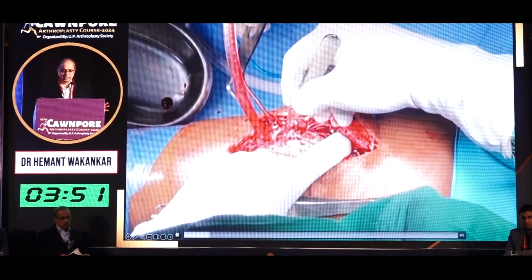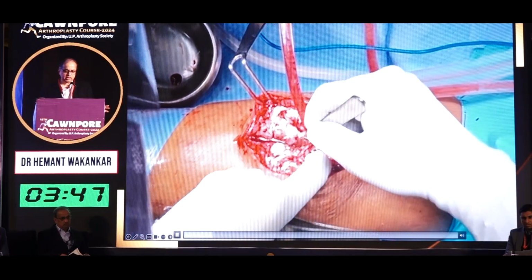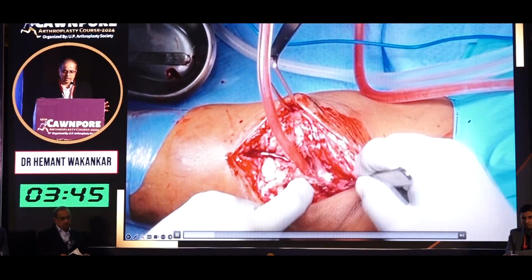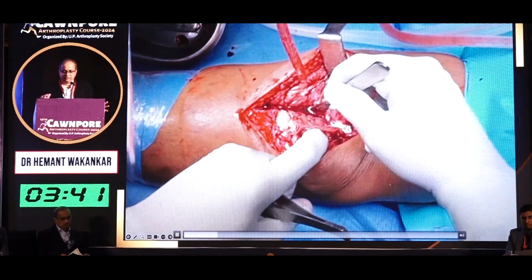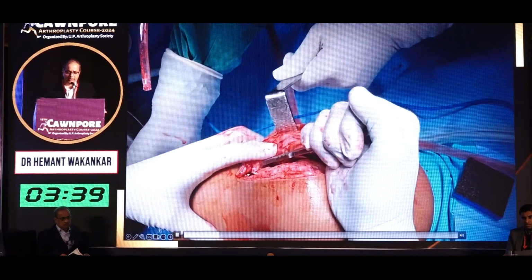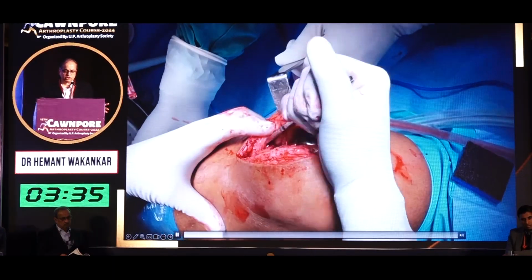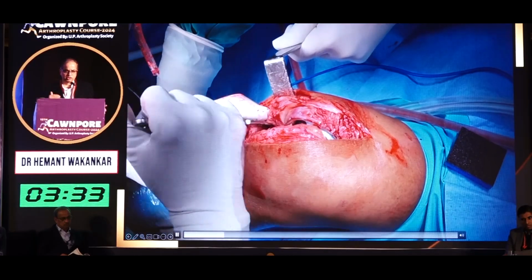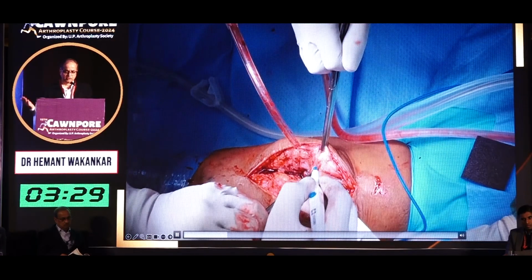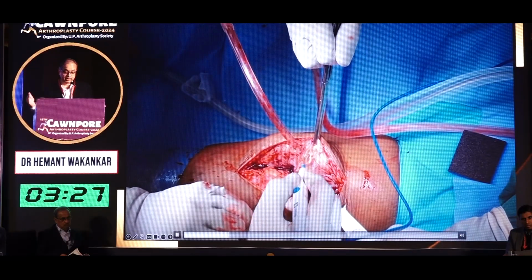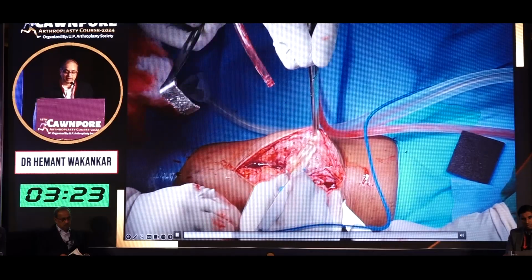Now, obviously, the first step is to do a complete synovectomy. The synovectomy has to be done thorough, and after exposure, you would do the synovectomy starting with the suprapatellar pouch, and you need to have some amount of medial release, soft tissue release from the tibia, because ultimately you are going to change the poly. So I always change my poly in order to get first of all to underneath the tibial base plate or underneath the poly, as well as to get to the back of the knee and maybe debride whatever is